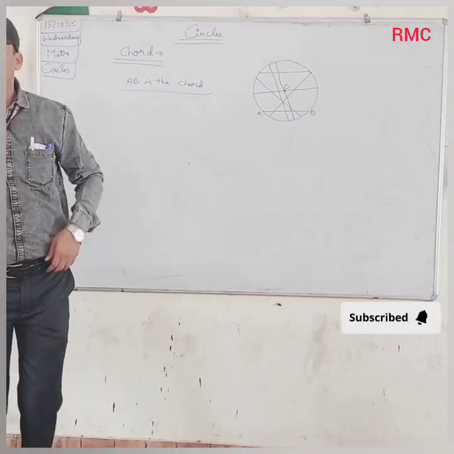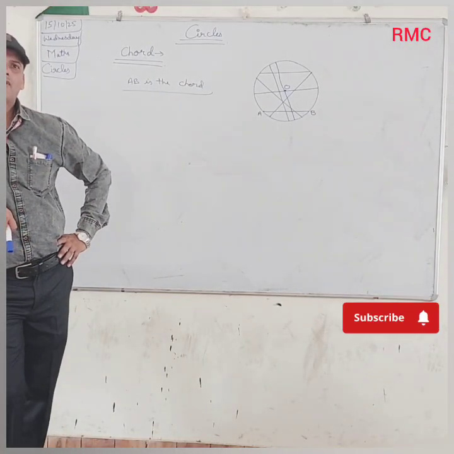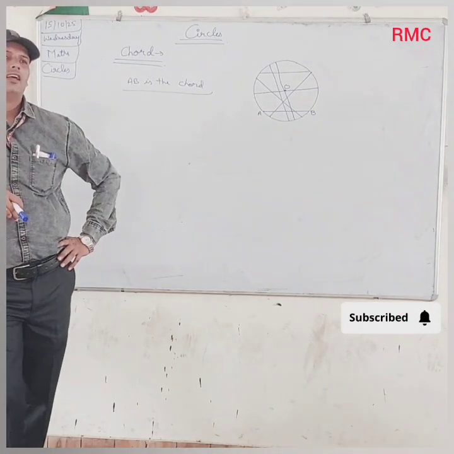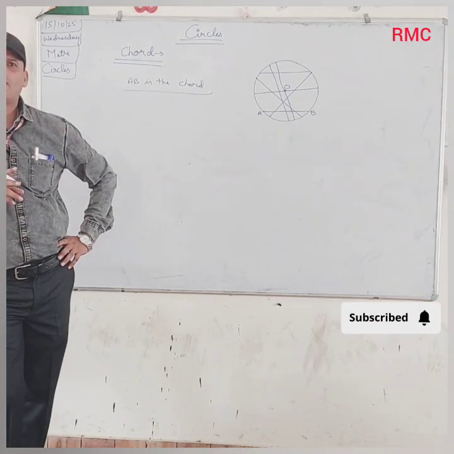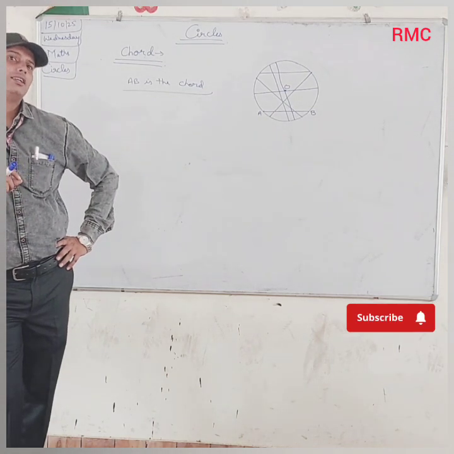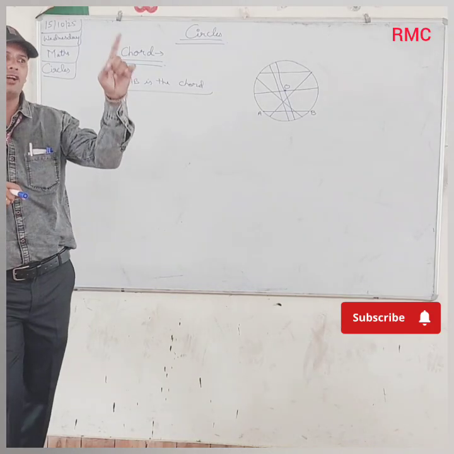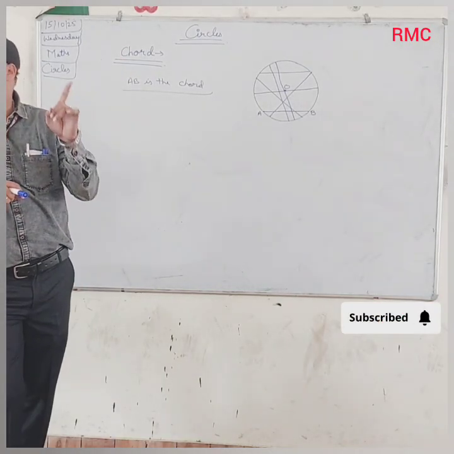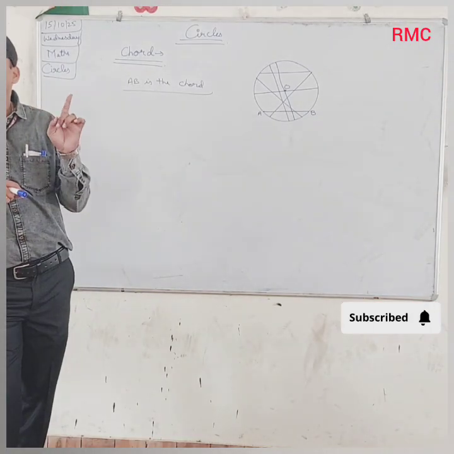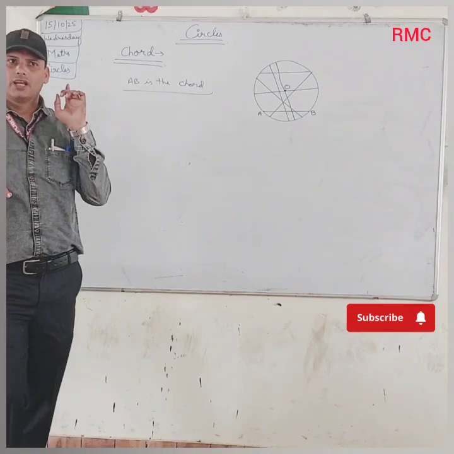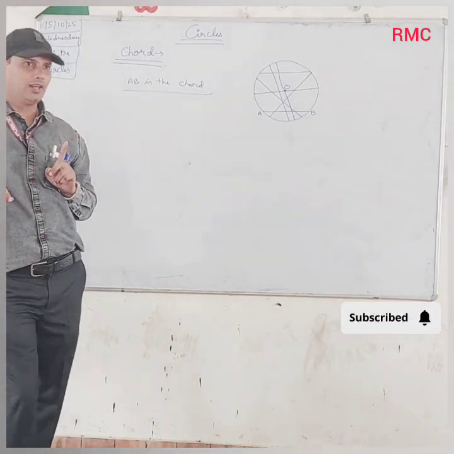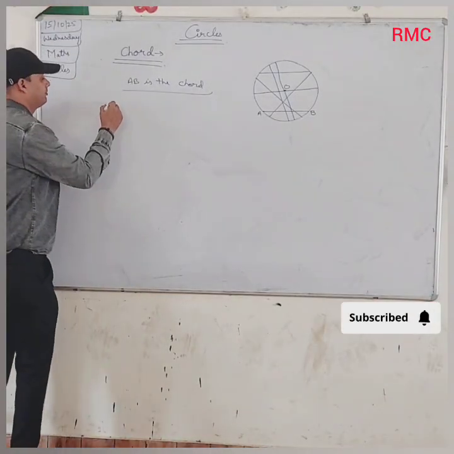So it means, if we talk about diameter, you have already heard about diameter, no? If I say the longest chord of a circle passing through the center of the circle is known as diameter. So if anyone asks what is diameter, what will you say? It is the longest chord of the circle passing through the center of the circle. Clear?